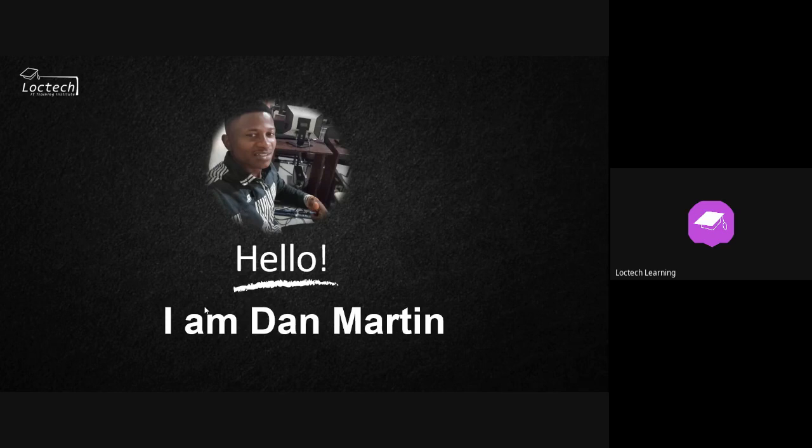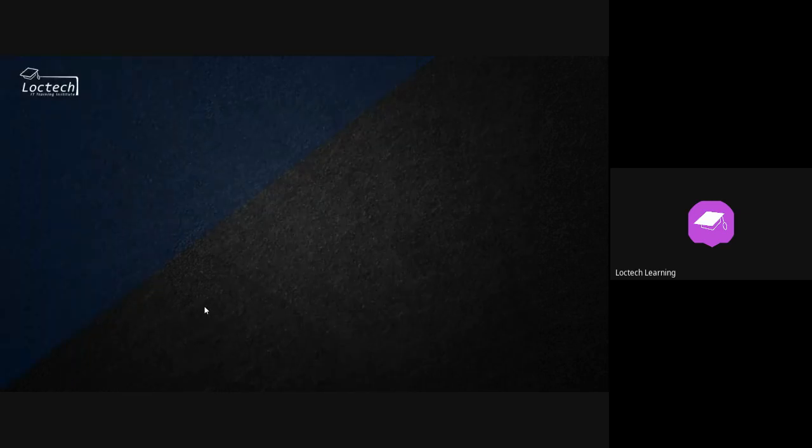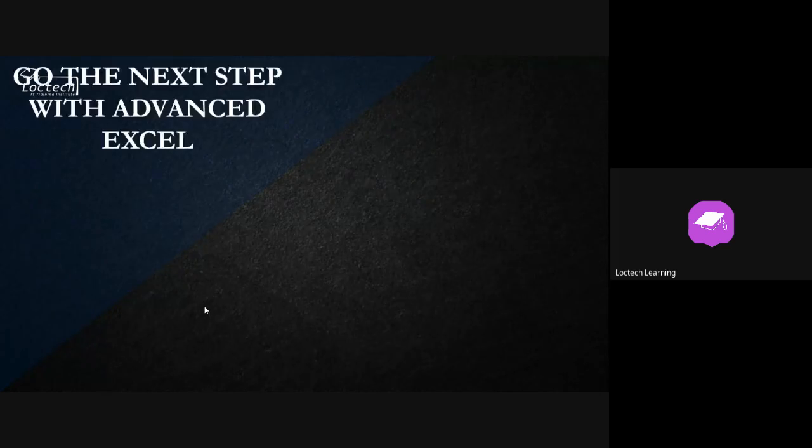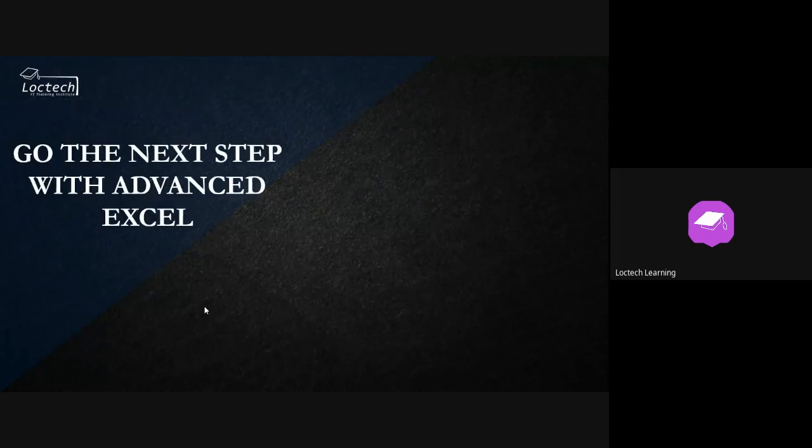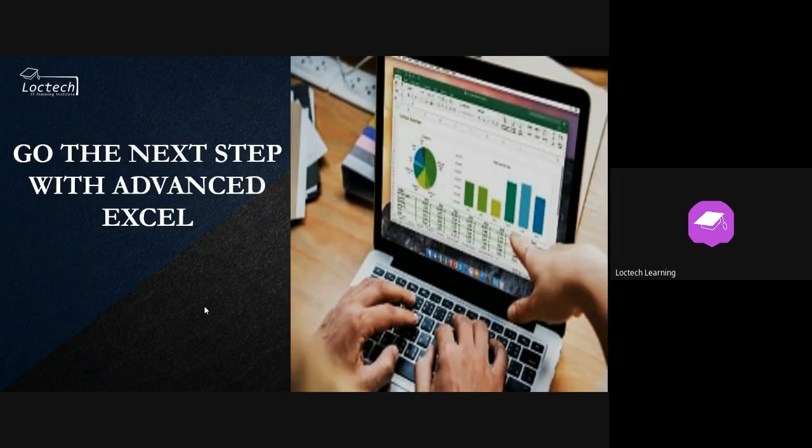All right, so quickly, the next thing we're going to look at is the Excel part of it. As we know, Excel is very wide, and the topic is to go to the next step with advanced Excel. What that means is that